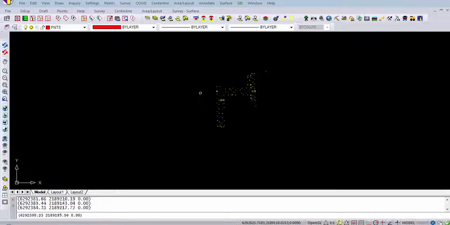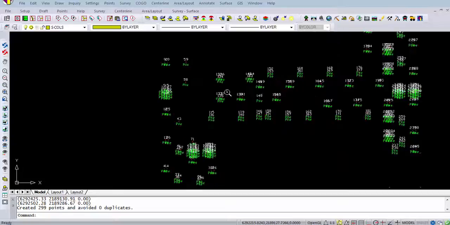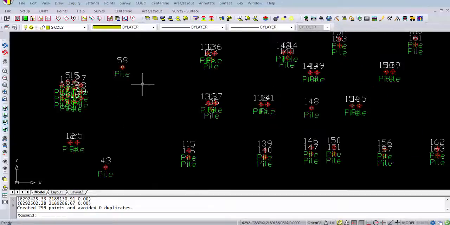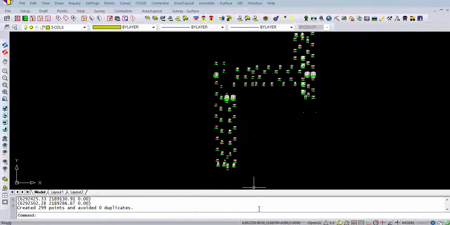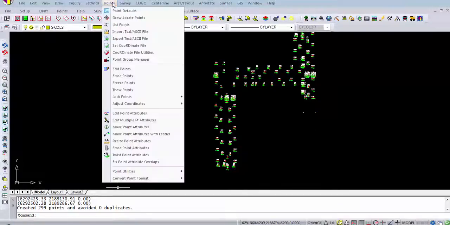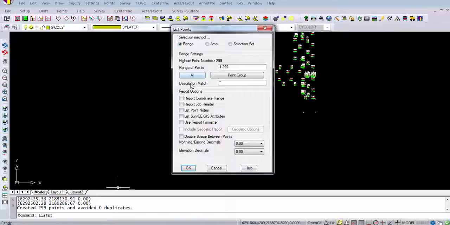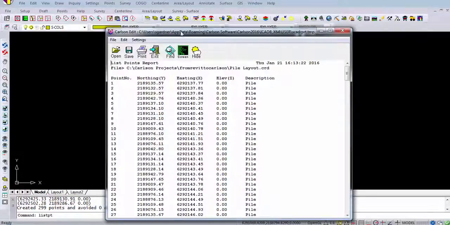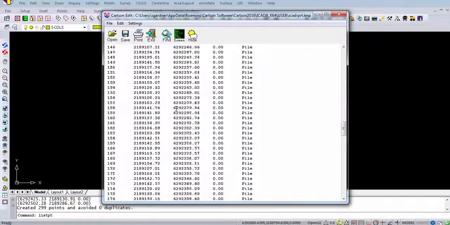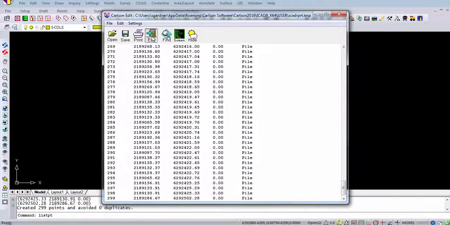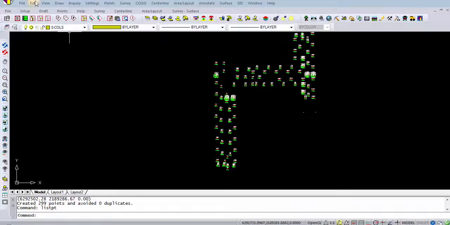In a couple of seconds we'll have several hundred points placed at all the piles. You can see if we zoom up here, we're going to have each one with its description of pile, and they're numbered and all ready to go. And if we go to the points menu and list those out, we'll see them in the list. And here they all are. Just scroll down so you can see lots of points created in very short order. We're going to save the file